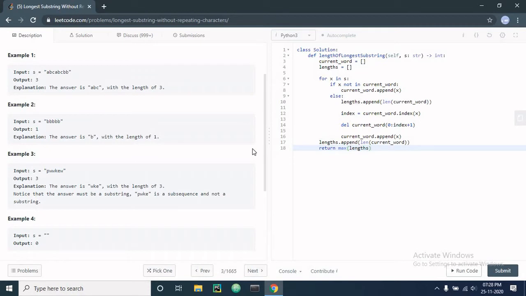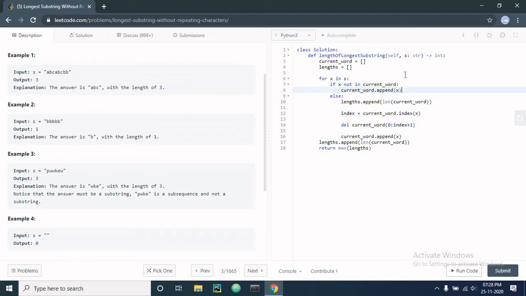So I will go through the solution again. See the second example. If we are given this string, we will loop through it. Now x is P, so we check whether it is in the current word or not. The current word is empty, so it is not there, and we append x.